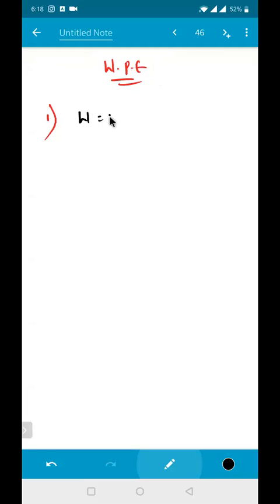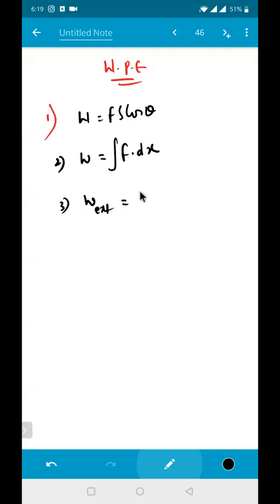First one is work done, W is equal to F into S into cos theta. So this is something like a dot product, you know that. If force is variable, we use W is equal to the integral of F into dx. And you know that the area under the F-s curve will always give me the work done. Next one is the work energy theorem. Work done by all the forces must be equal to K final minus K initial, or directly I can write that as delta K. The next one is elastic spring energy.